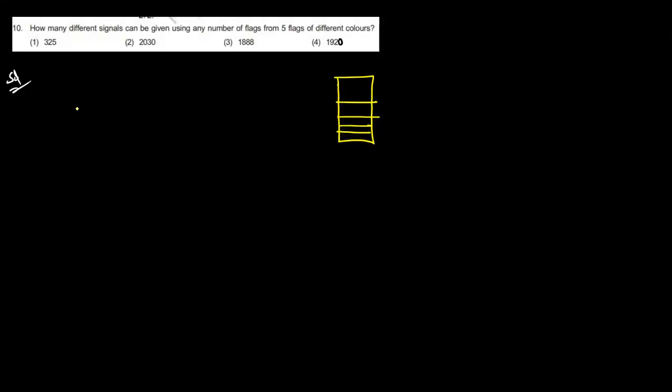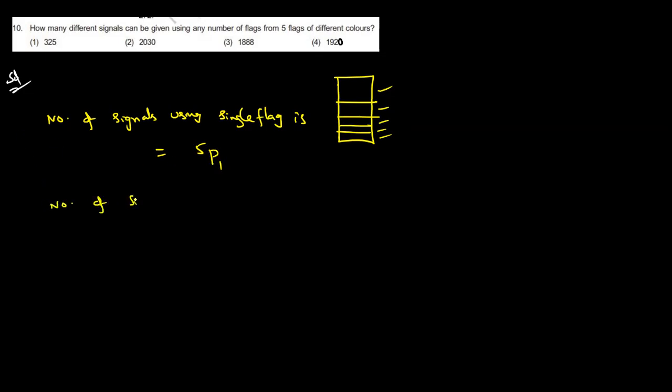What is the meaning? Number of signals using, suppose, a single flag. How many ways can you use it? We can use either this one or this one or this one or this one. How many ways? That is 5P1, permutations. Order is very important, dear students. So here also, number of signals